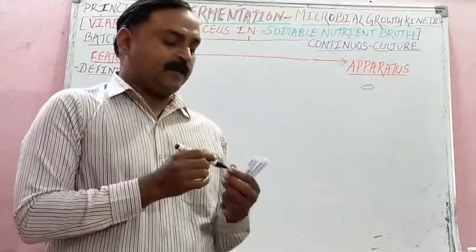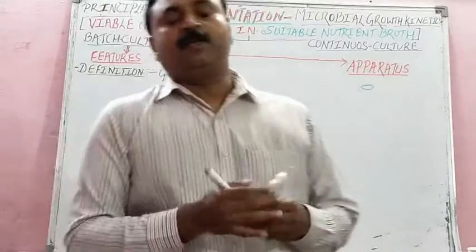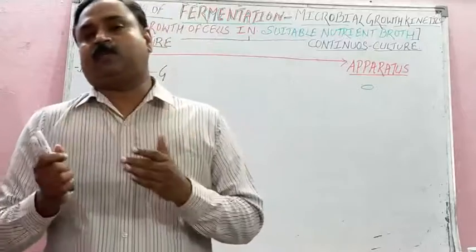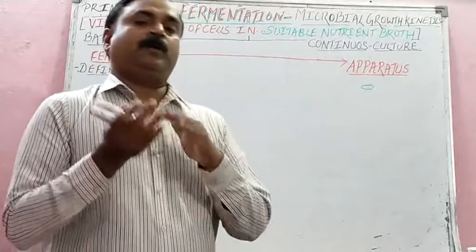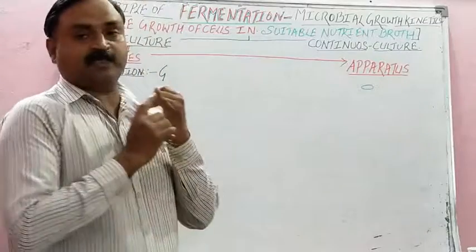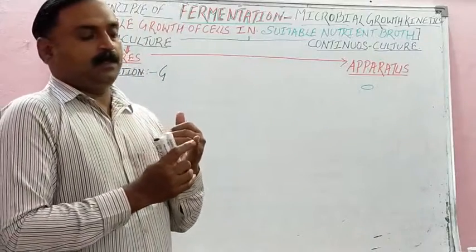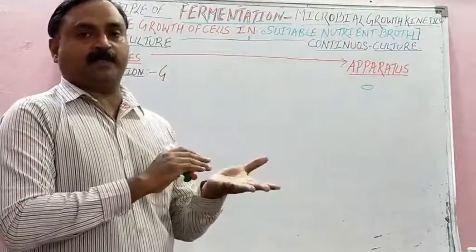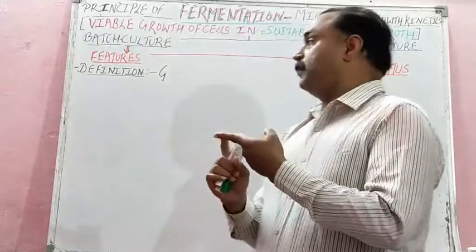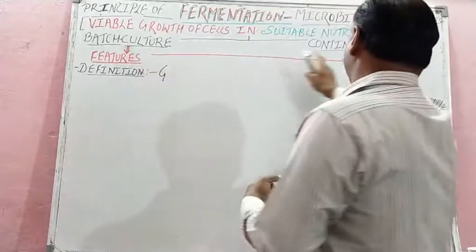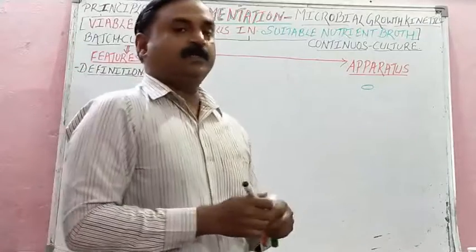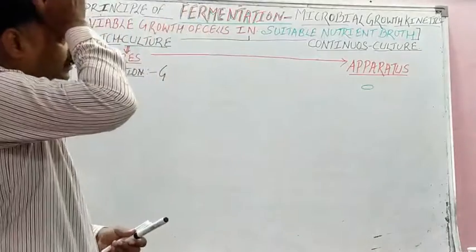And we study different types of suspension cultures here. Very important, student, for your practical as well as your theory course, practical of both your 11th as well as 12th. So that is called cell suspension culture, and we study it in the topic called fermentation. There are three kinds of cell suspension culture: one is batch culture, then continuous culture and fed batch culture. Isn't it? So what is the principle behind this?